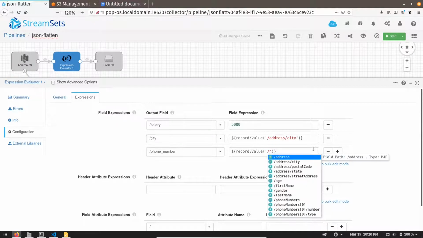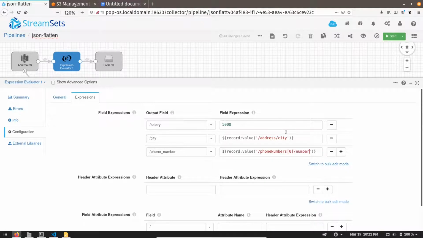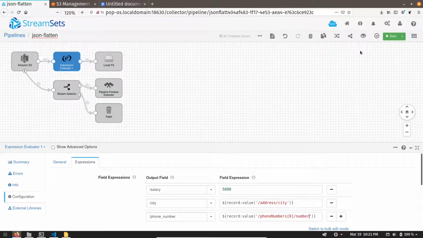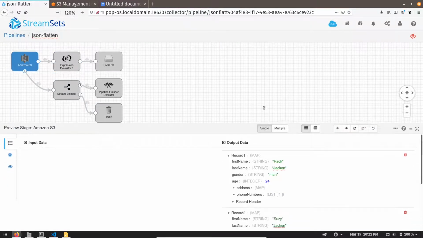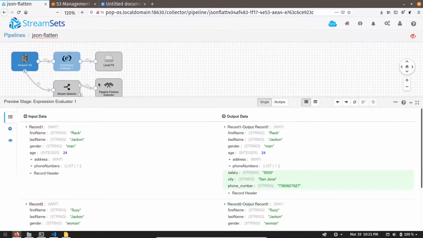The path is nothing but, we can see from here, slash phoneNumbers, then bracket 0. It means that we are accessing the 0th element of the array, and then slash number. That's it. Let me preview it. You can see we are able to access the phone number as well.